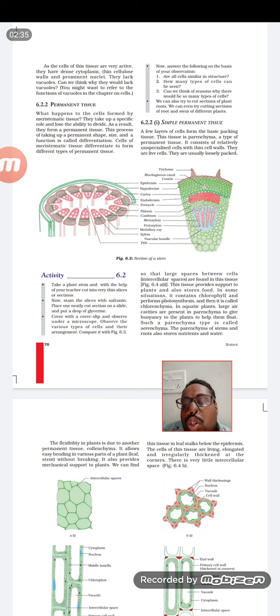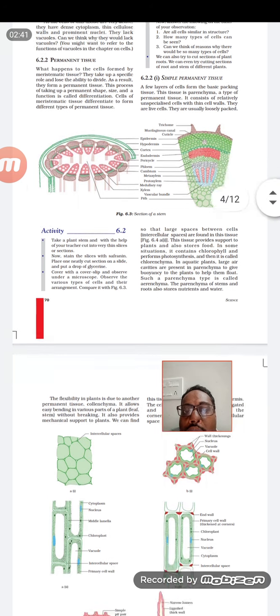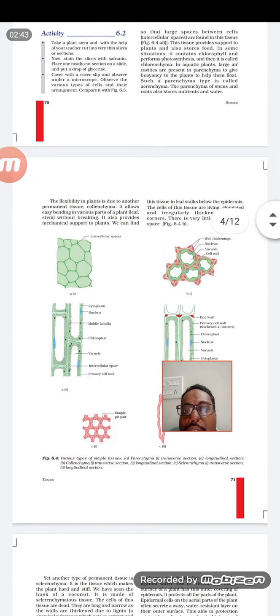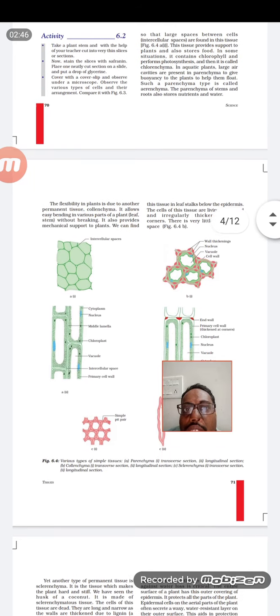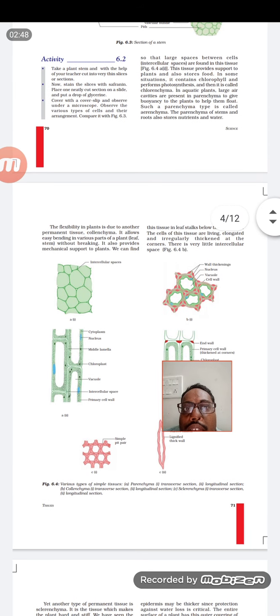Apart from that, there are two more. One is known as collenchyma and the other sclerenchyma. Collenchymatous tissues are tissues which have cell wall thickenings. This diagram B is of that. And cell wall thickening will be there, the nucleus will be present, and they will be having vacuoles, that is, empty space in between. And they are responsible for the